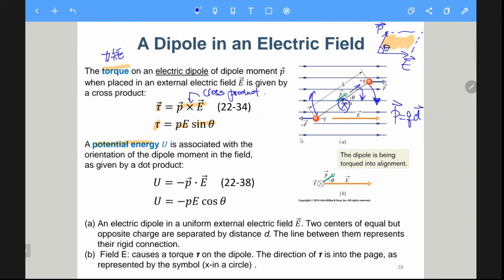Which means that you use your forefinger pointing to the P direction, and then you try to cross to the E field. This is E, this is P. And then you try to cross, your thumb should be pointing into the page. The cross means into the page. If it is a dot, it is pointing out of the page. So your thumb pointing into the page, which means that the direction of the torque should be pointing into the